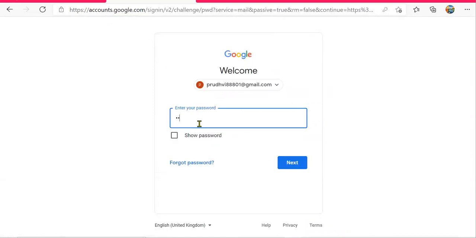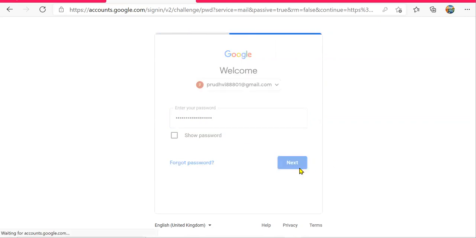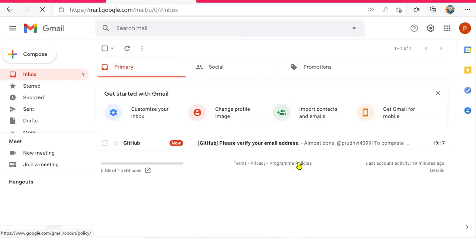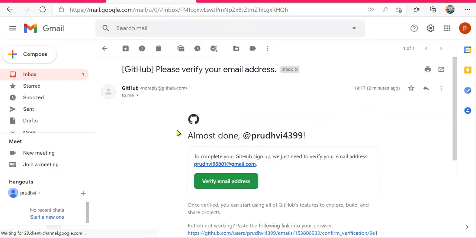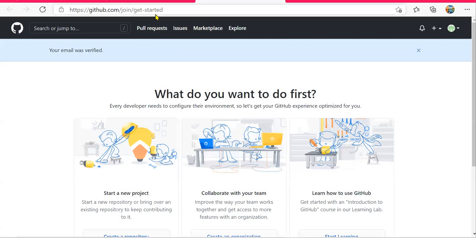Password. Okay, you can see one verification mail has arrived. Verify email address. Verification success.